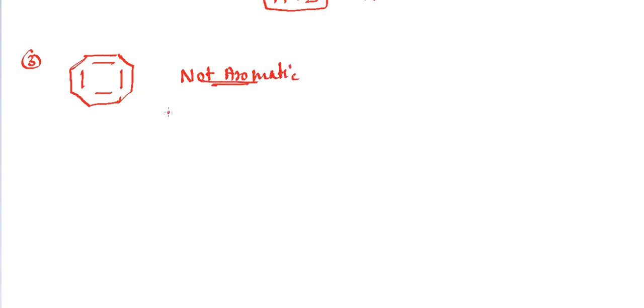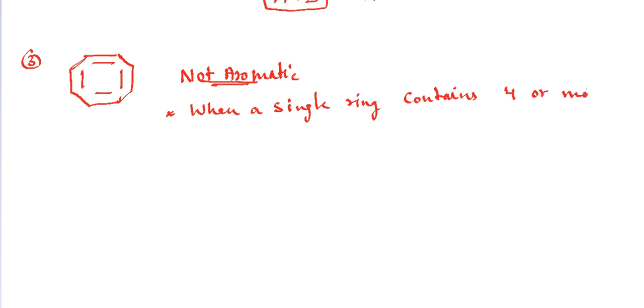So always remember, whenever a single ring consists of 4 or more than 4 pi bonds, then the repulsions between pi electrons become very high. So what we are saying is, when a single ring contains 4 or more pi bonds,